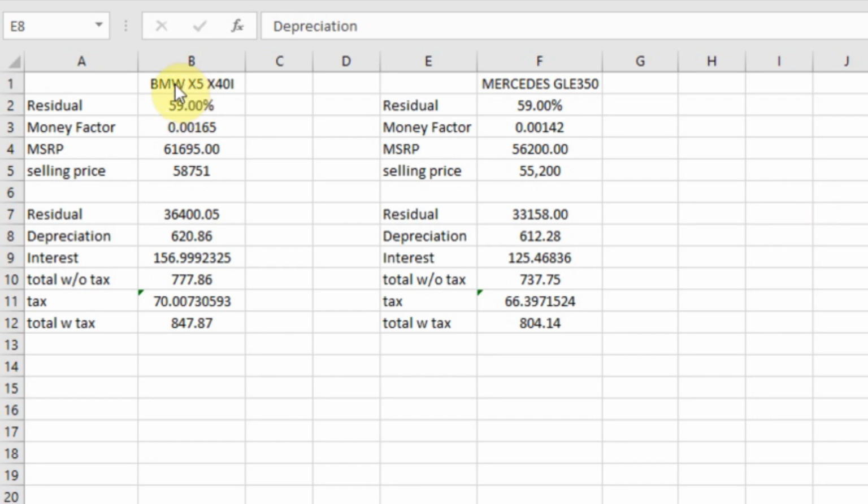Now I'm going to start off with the X5 in the X40 trim. And as you can see here, the residual and the money factor and the MSRP are the most important parts along with the selling price. Now, as a piece of information, these leases are calculated based off of 36-month leases with 10,000 miles a year allowance. With those numbers, the BMW X5's residual is 59%, the money factor is